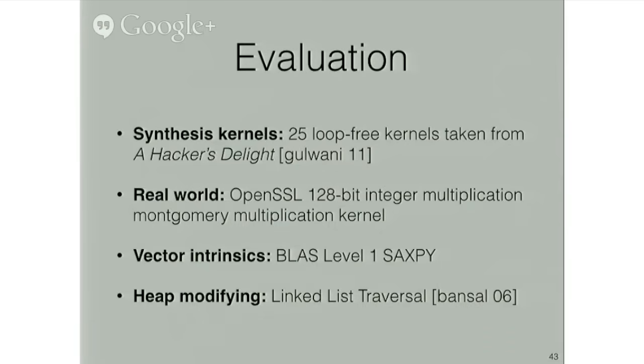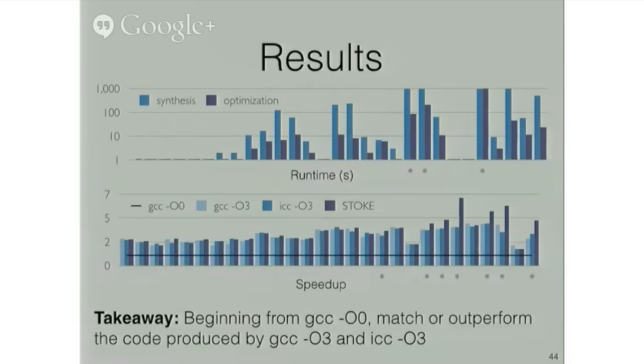I won't dwell on these results in the interest of time, other than to say that the runtimes for the synthesis and optimization phases of our tool, which I'm showing on the top here, are all tractable, and that starting from code compiled with LLVM -O0, we're able to produce rewrites that either match or outperform the code produced by GCC -O3 and ICC -O3, and even in some cases, for more than 20% of these benchmarks,